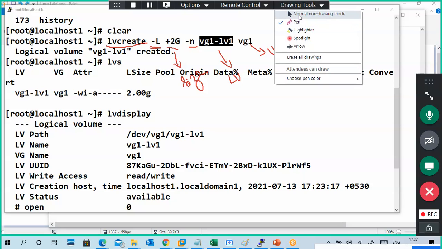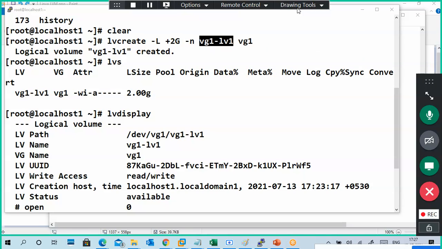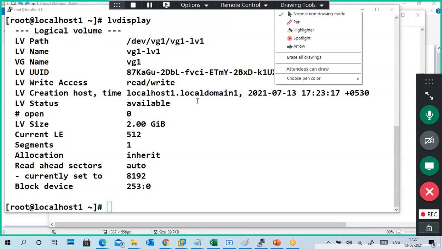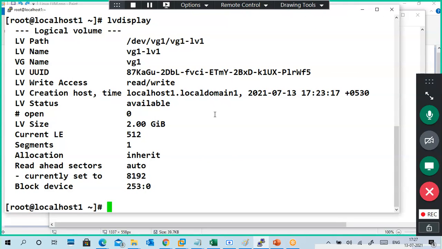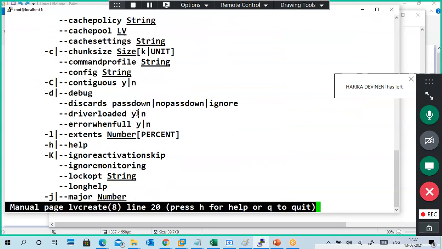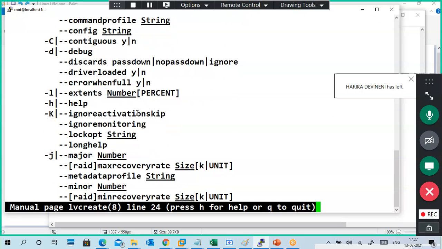Okay, so like creating a new kind of stuff. 1 second, better. We'll go to man lvcreate. So directly options are here only, right? Or a help command, create a logical volume. So better, I will show you what options I use.